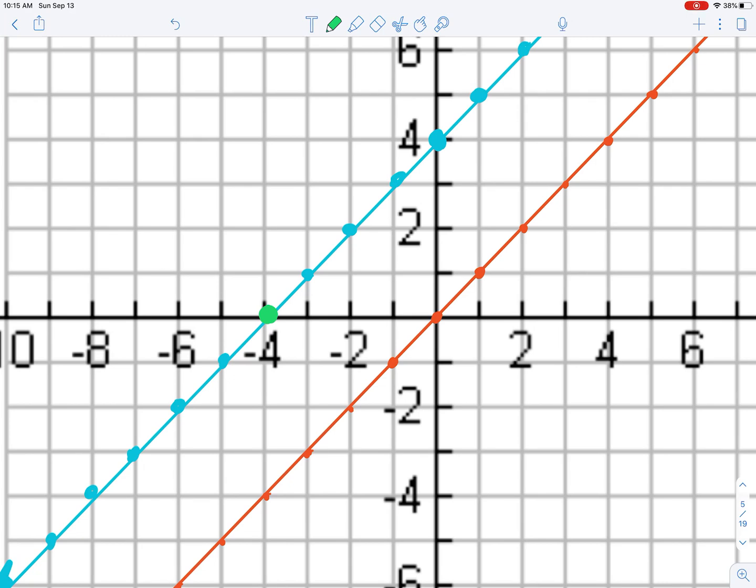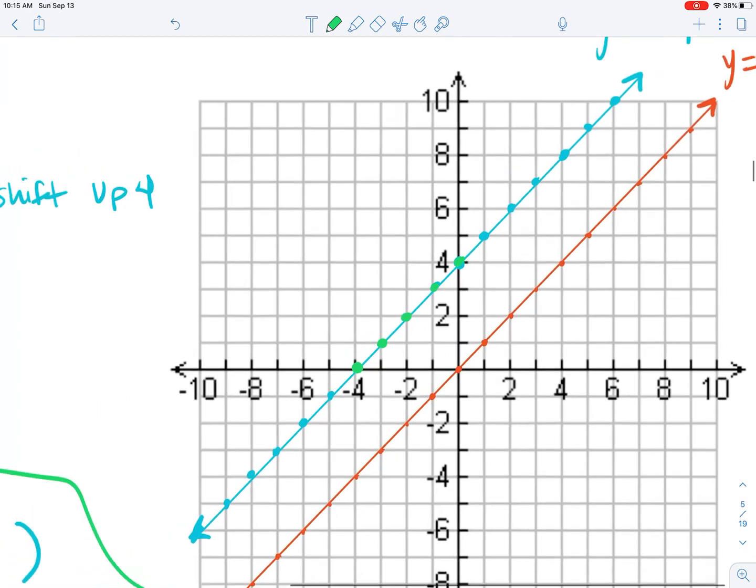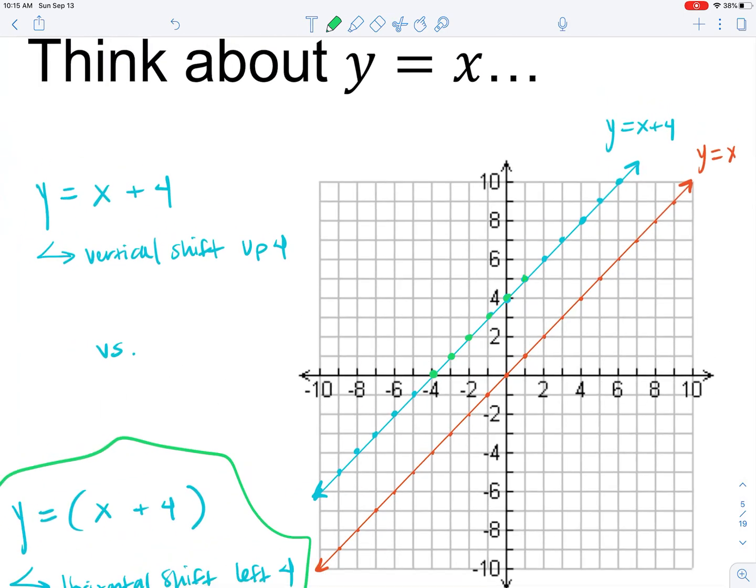The point that's at 1, 1, we subtract 4 to have that same y coordinate of 1. So we end up at negative 3, 1. And just think about shifting each of these points to the left 4. So it's just graphing from a horizontal, thinking of this as a horizontal shift instead of a vertical shift,